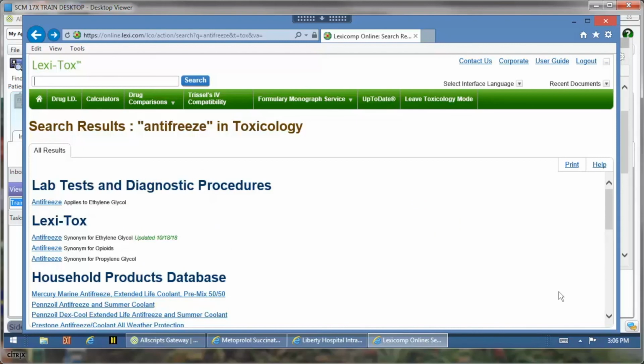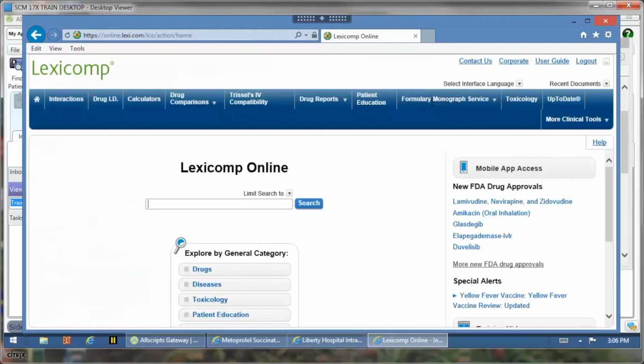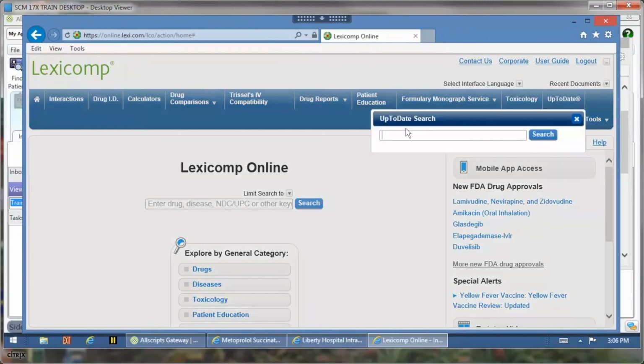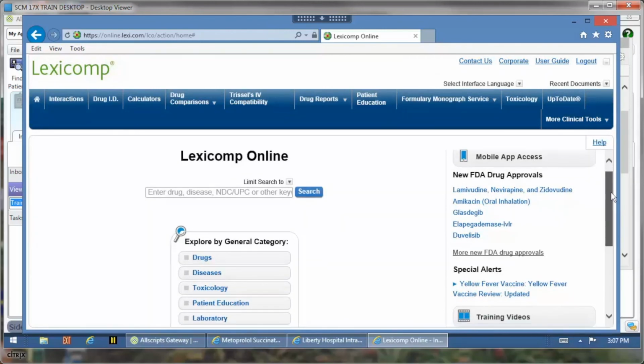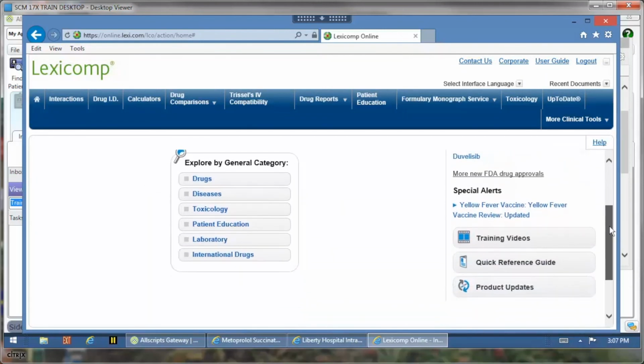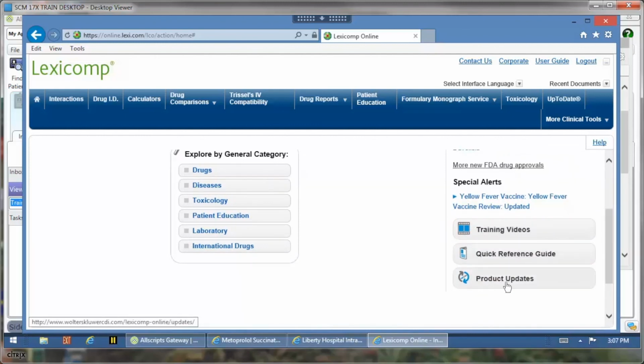Otherwise, that's it. So now that we've gone over our Lexicomp, I'm going to go back to leave toxicology mode. And then you've also got UpToDate over here. So if you wanted to do a search in here, for example, congestive heart failure, you can go in there and it'll give you different articles and things about congestive heart failure. Okay. There is a mobile app that you can download just to have it on your smartphone. And then there's also just other things that you can look at for quick reference guides,